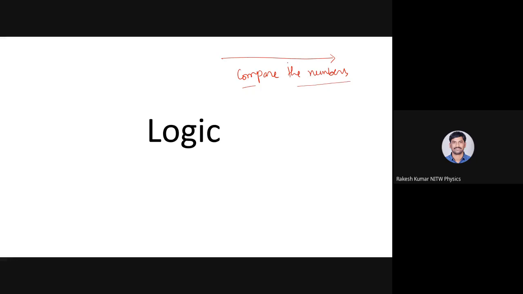So the compare instruction, CMP, will play a major role in arranging the numbers in ascending or descending order. This is the basic logic you're supposed to remember. Okay, so we'll take the worst combination as usual, as I said, 5,